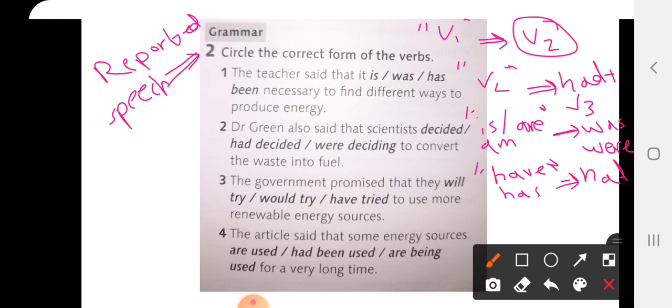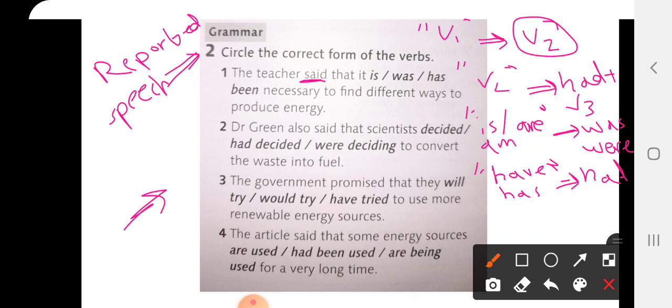Let's just apply them here in this exercise. Number 1, the teacher said that. Because we have said, so it's a reported speech sentence. So we have to look to the past tenses. لازم ندور على الماضي، أو اللي هم الأزمنة الماضية، في الجمل عندي أو في الإجابات. تمام؟